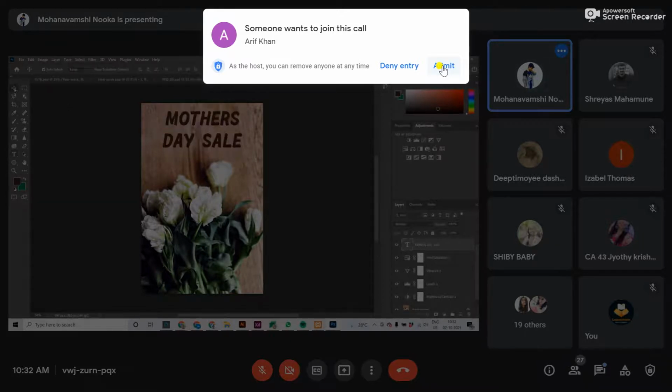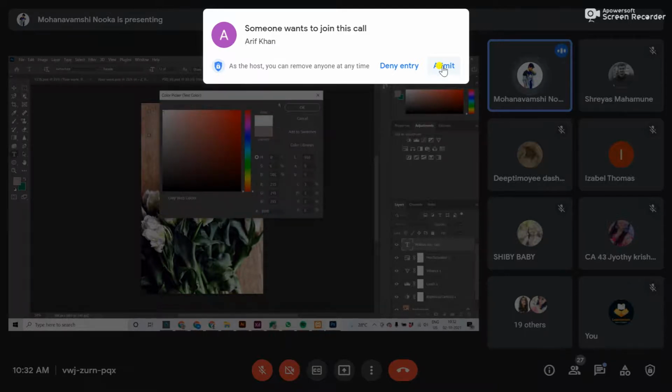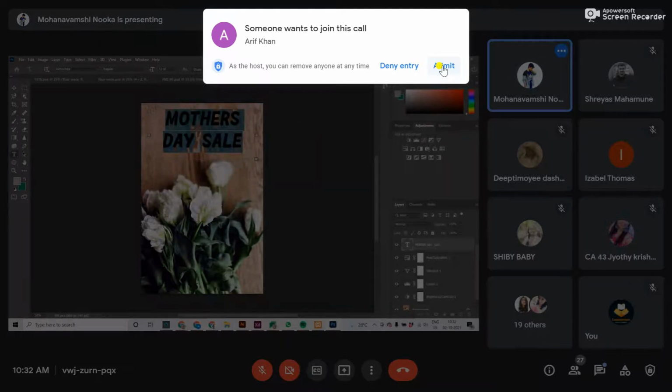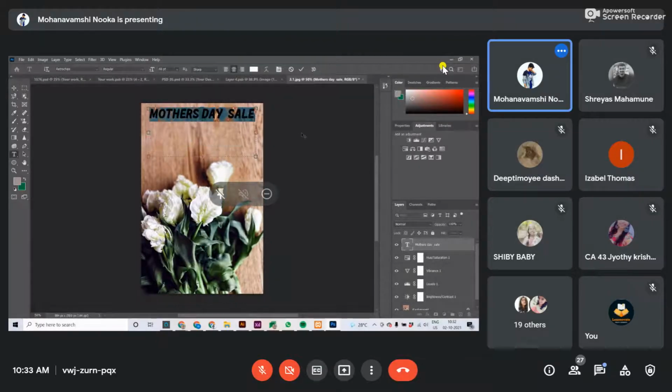Okay, done. Change the color of that, like this, for example. You can change it to 3D or 2D like that also.